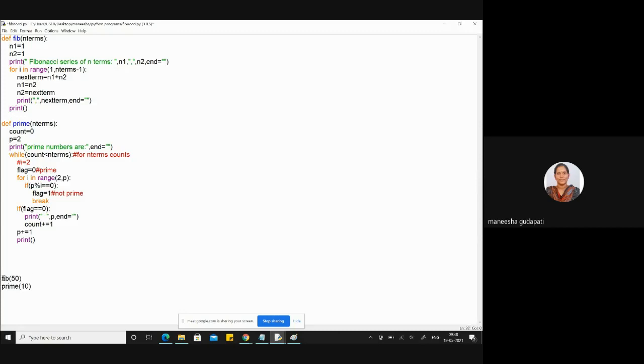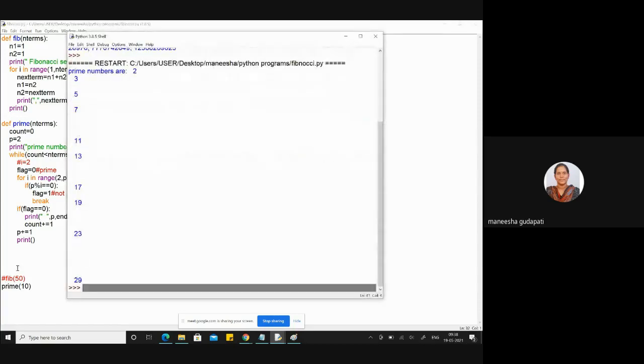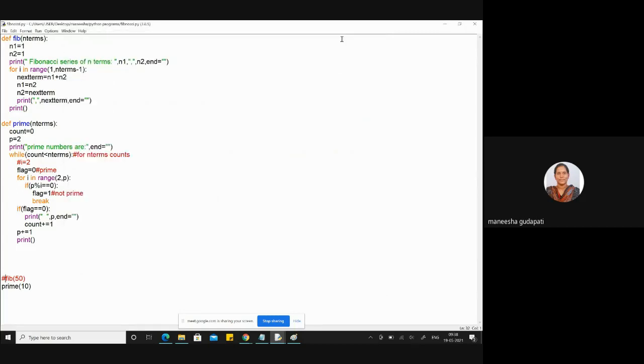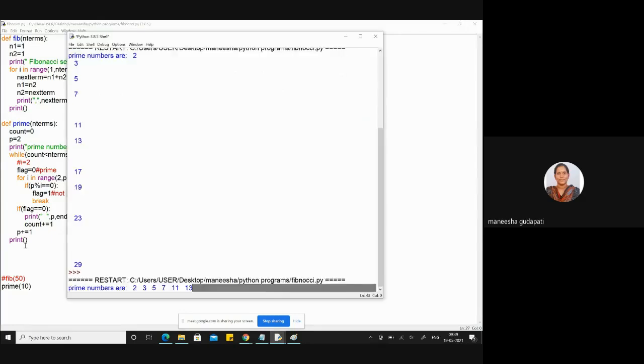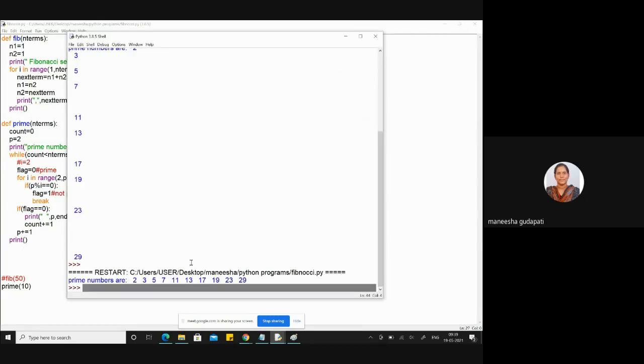Here I'm just hashing this. I'm saving the code and running it. I just pressed F. Oops, what happened? Okay. I'm saving it and running the program. If you see here,